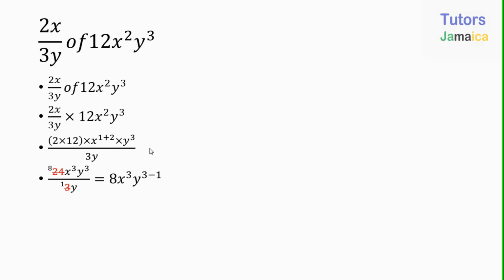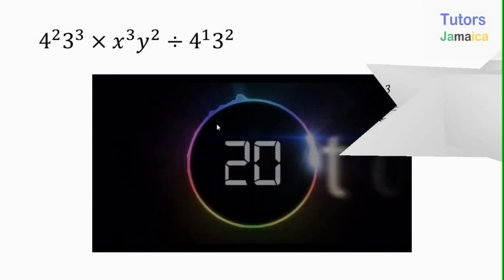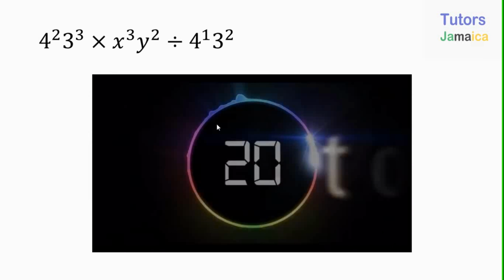So y to the 3 minus 1, because there's y cubed at the top and there's 1 at the bottom. And then when we work that out, we get our final answer to be 8x cubed y squared. So look at this next one,